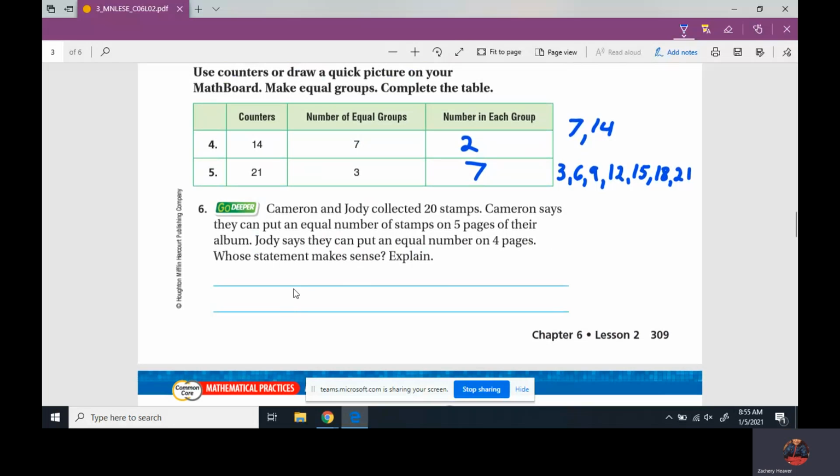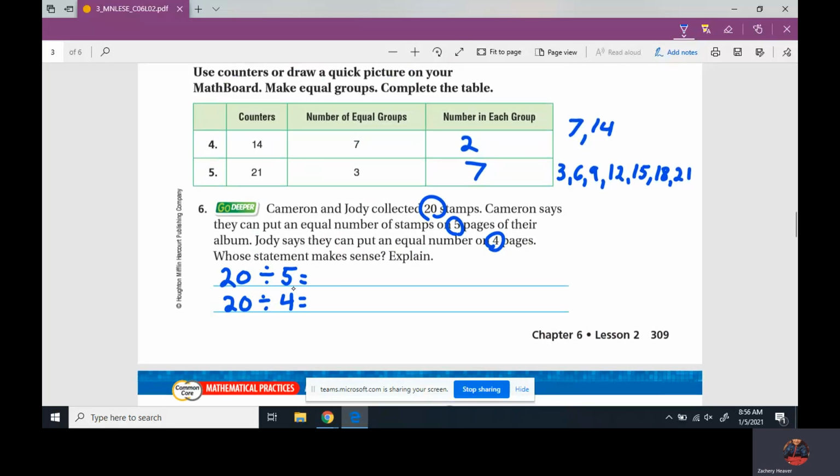Number 6, Cameron and Jody collected 20 stamps. Cameron says they can put an equal number of stamps on 5 pages of their album. Jody says they could put an equal number of stamps on 4 pages. Whose statement makes sense? Well, they each have 20 stamps. Cameron wants to put them on 5 pages, and Jody wants to put them on 4 pages. Well, if this can make sense,